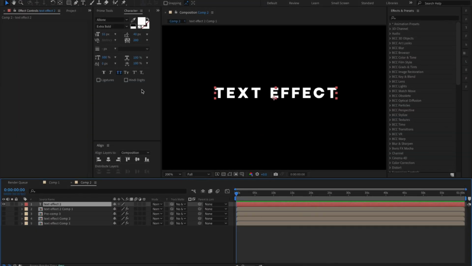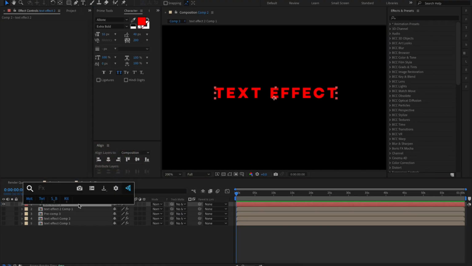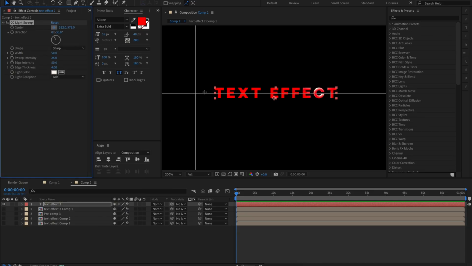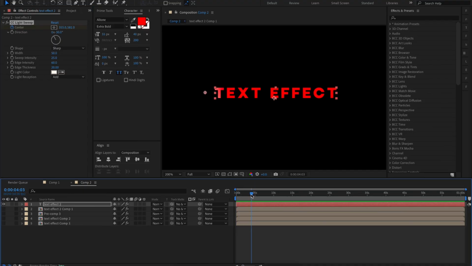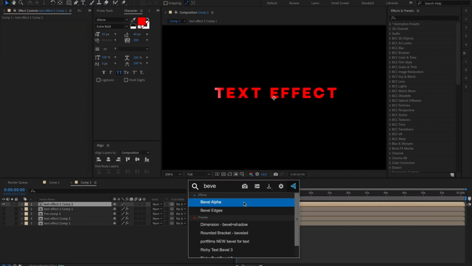And for the next effect, change your text color to red or blue and add CC light sweep and put the arrow to here, maybe here, and I will be changing the values to 25 and the edge intensity to 60. Click the clock option on the center and go to about 5 seconds or so and drag until the text is over. So pre-comp the text and add Bevel alpha